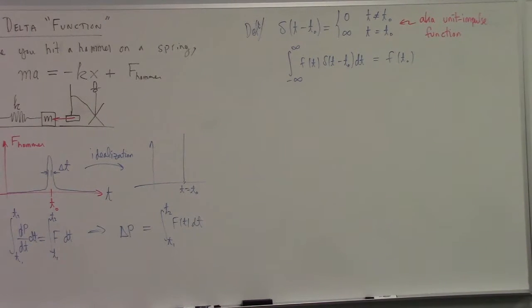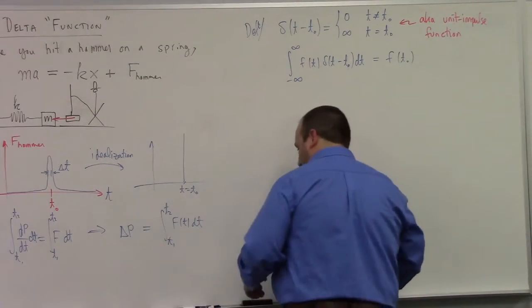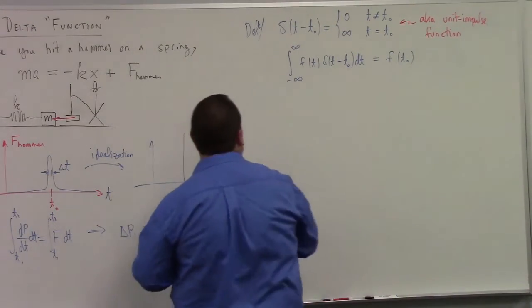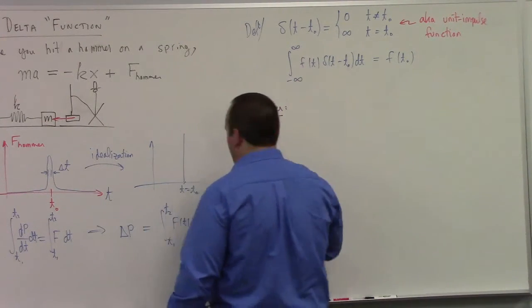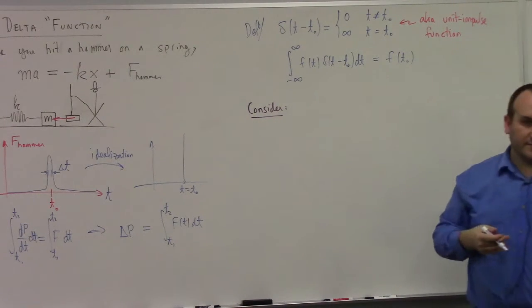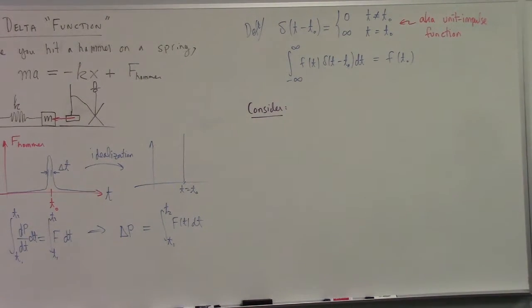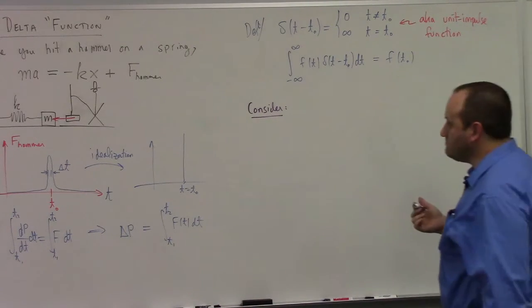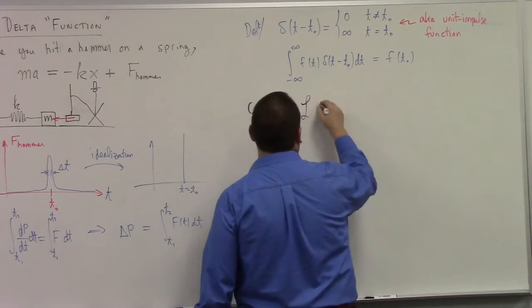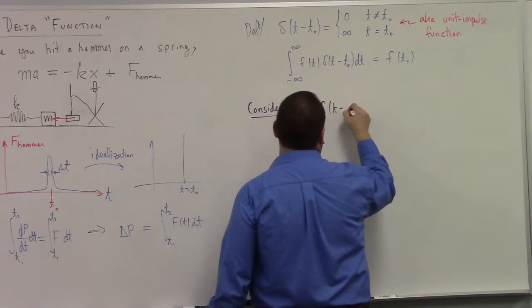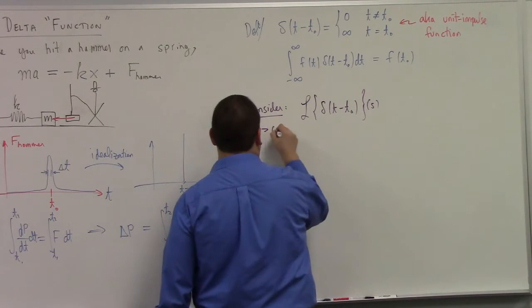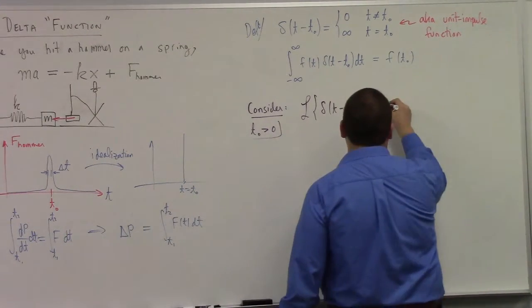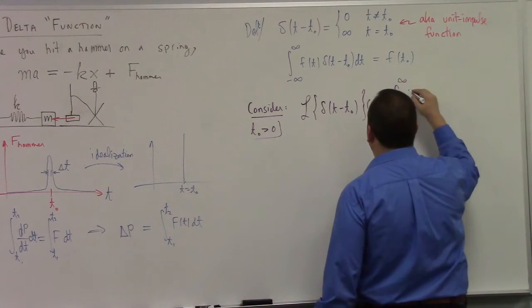And so obviously the next question is, what's the Laplace transform of it, right? Because if we can figure out the Laplace transform, then we can solve differential equations that involve spikes of force, or spikes of voltage, or spikes of current, or whatever. So the Laplace transform of the delta function t minus t naught at s, and we're going to suppose that t naught is greater than 0. And so that's the integral from 0 to infinity of,